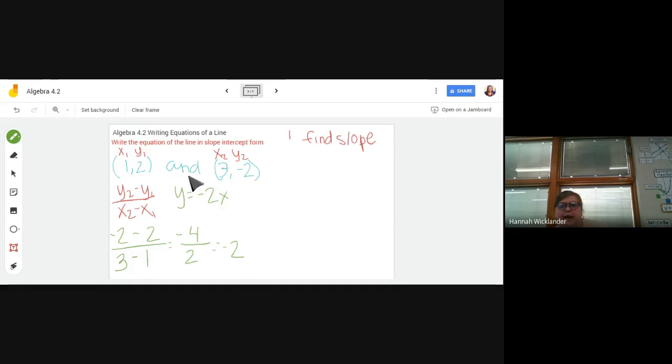So how am I going to find b given just these points? So what you can do, there's two options. You can graph this and see where it crosses the y-intercept, or you can take an ordered pair and plug it into your equation and solve for b. So I'm going to show you how to plug it into the equation and solve for b. So step 2 is to find my y-intercept